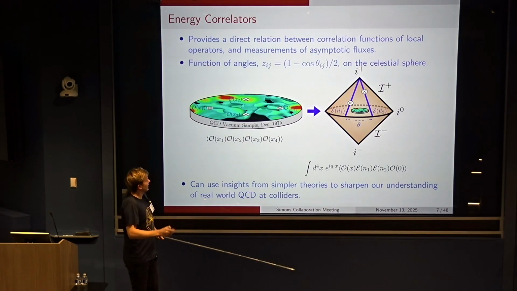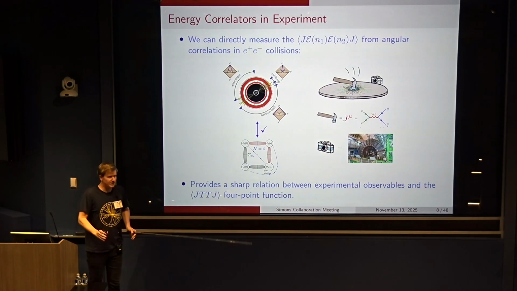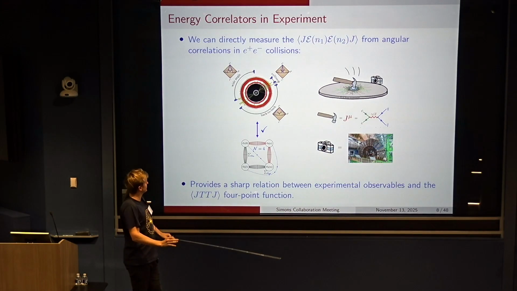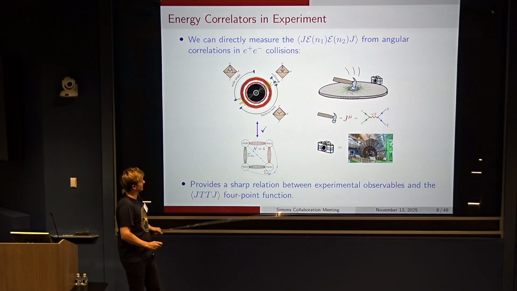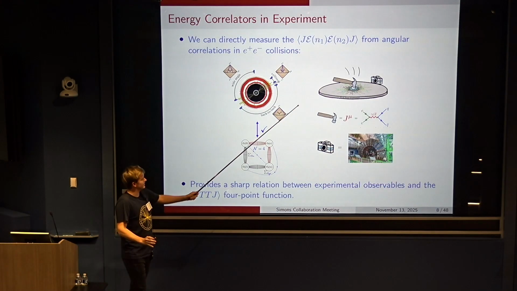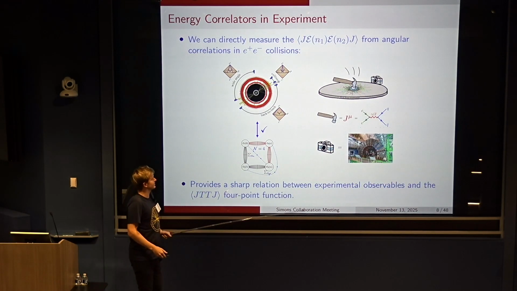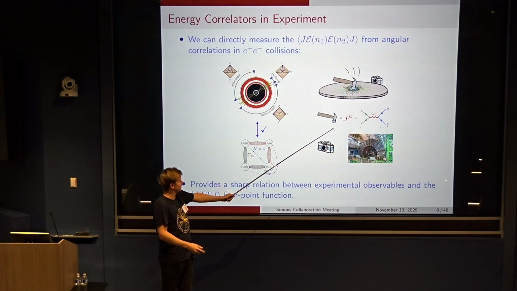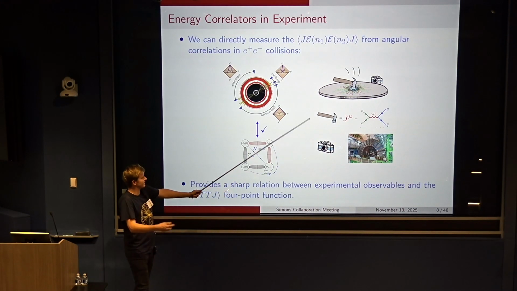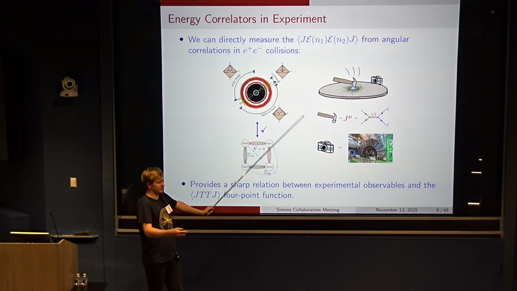Okay. And so the other thing, which I've already emphasized, but I just want to make very clear, is that we can actually directly measure these observables in the particular case of electron-positron colliders. So here we have a literal map between what we would like to do in this kind of picture and what we can actually do in experiment. And so in particular, in this case, we can really excite the QCD vacuum with a local operator, which is just the electromagnetic or the electroweak current, and we can measure the asymptotic fluxes which are coming off to infinity.